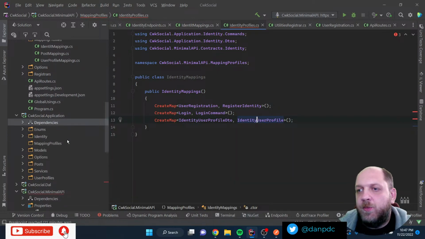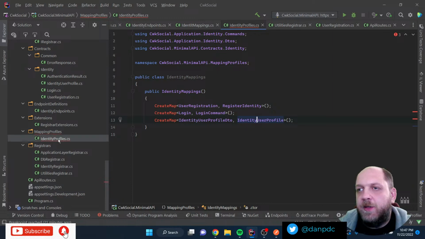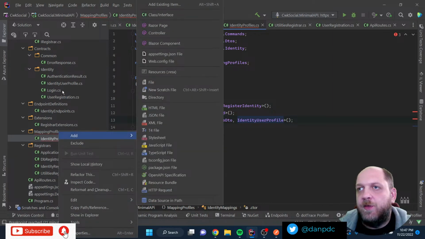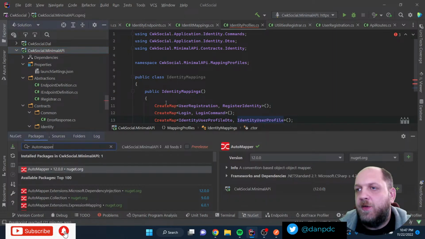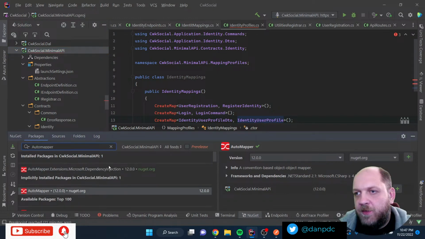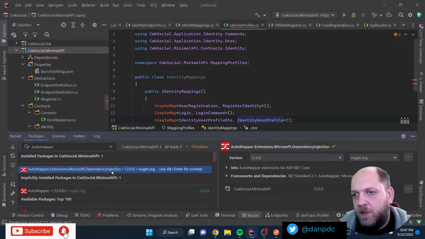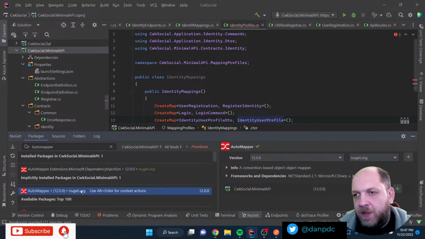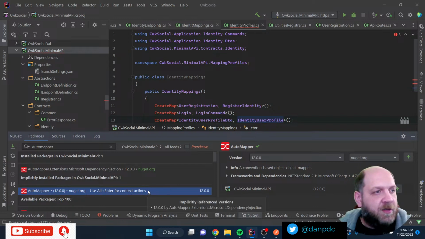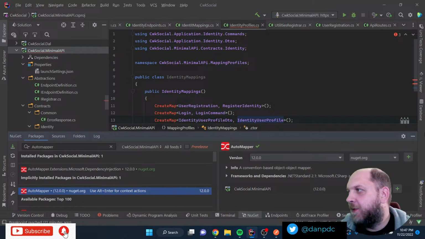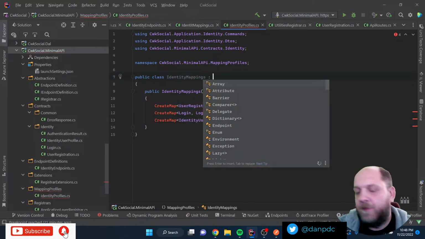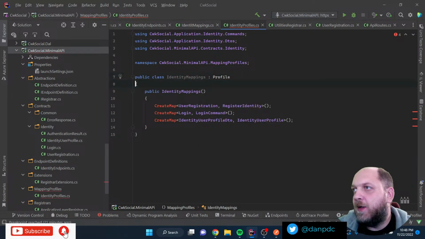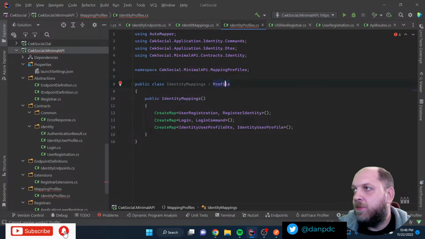Theoretically, when we install AutoMapper with dependency injection, like we did here, the AutoMapper library is also installed, and that actually worked. So I'm not exactly sure what happens. Installed packages, so we have this one, then implicitly installed packages, which is this one. But theoretically, it is there. You are not inheriting from... Oh my god! Thank you, Rob. Yes, yes, yes. I totally forgot that. Well, seems I'm tired.